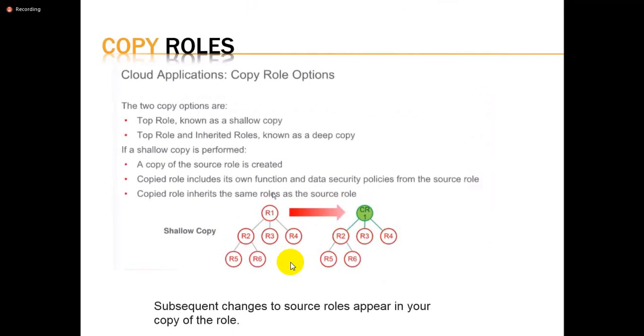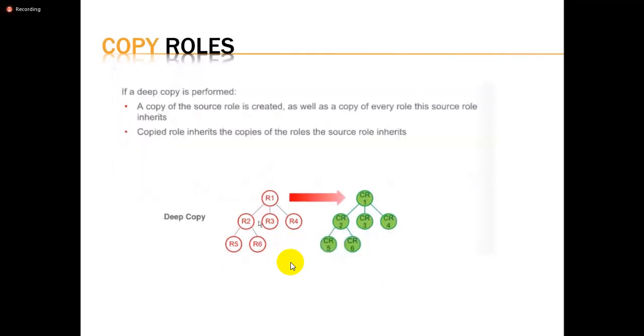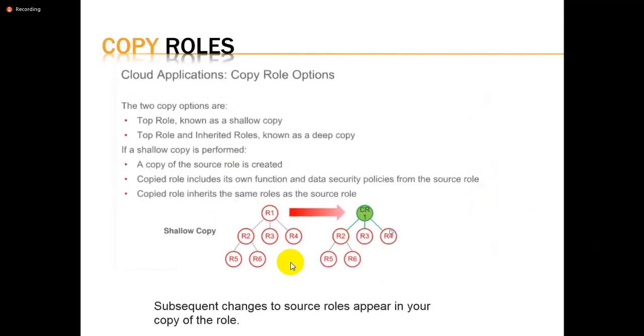In a shallow copy, you are just taking the copy of the top role and it still inherits the existing roles. The use of that is, if any seeded role is modified, those changes will also impact this copied role. Whereas in a deep copy, as we are taking a copy of the individual children in the hierarchy, any modifications in the seeded role will not show up in the copied roles. That's the difference. In our requirement, as we wanted to take one aggregate privilege out of our financial job role, I am just going to copy the top role with the existing hierarchies, and with the existing hierarchies, I will take out the R4.